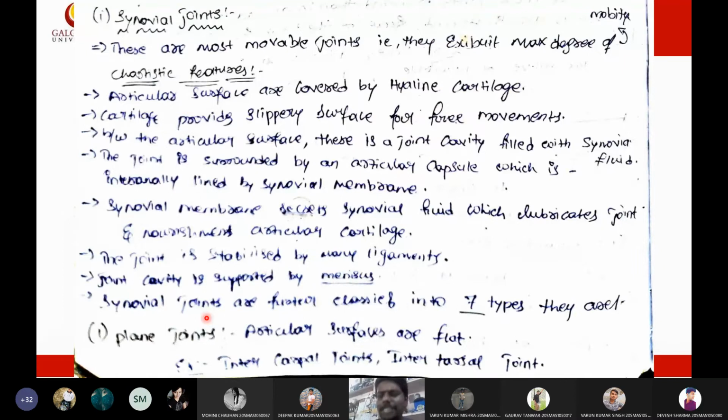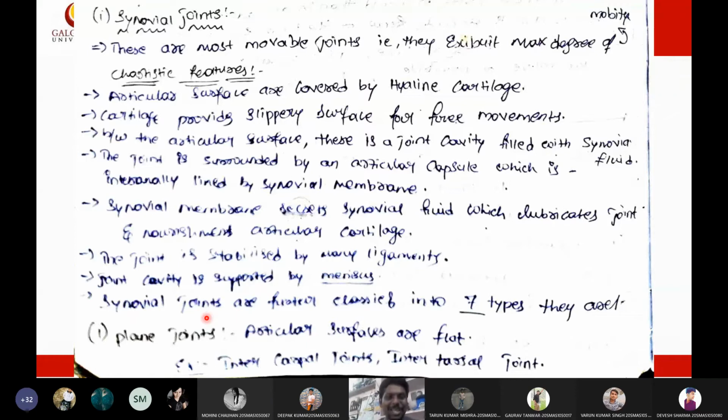Simply, it is because of joints we are dancing. So dancing can only be possible because of joints. Okay, so are you listening to me? Yes, sir. Okay, so whoever is dancing, you should thank your bones. Anyway, so coming to the joints.